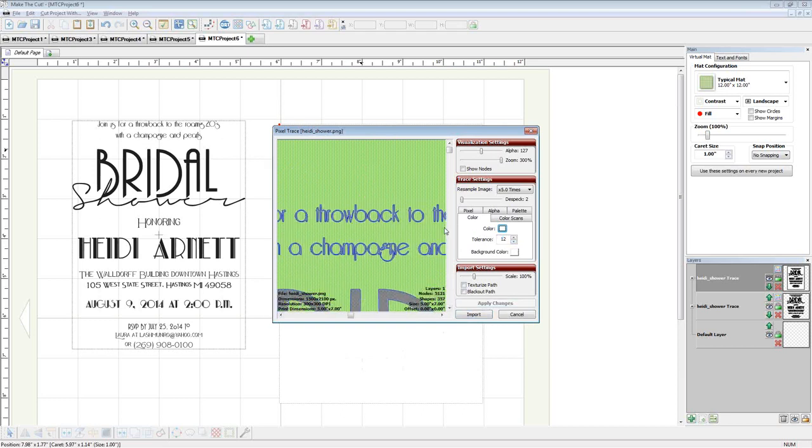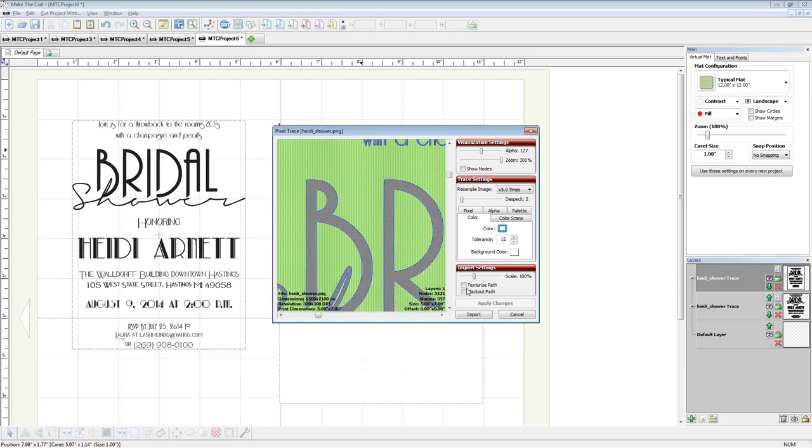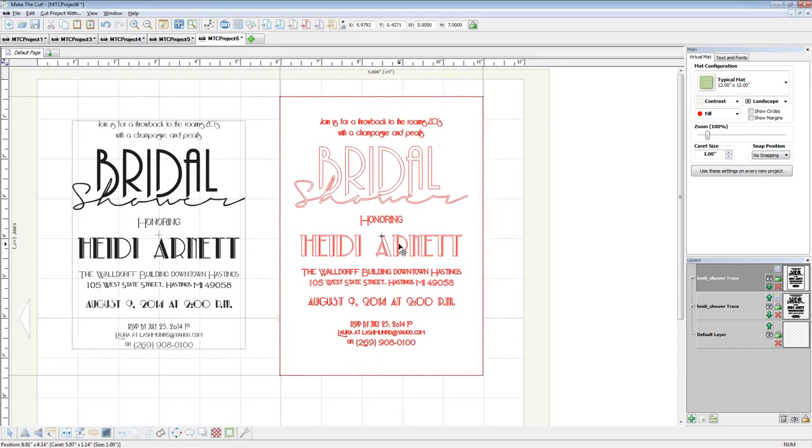I don't know if that S is complete or not, but we can try it. So let's say we like that. That's fairly good. So we've applied the changes. We're going to import it, finish tracing, and you can see that